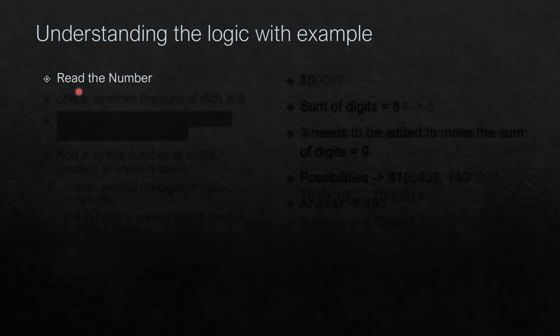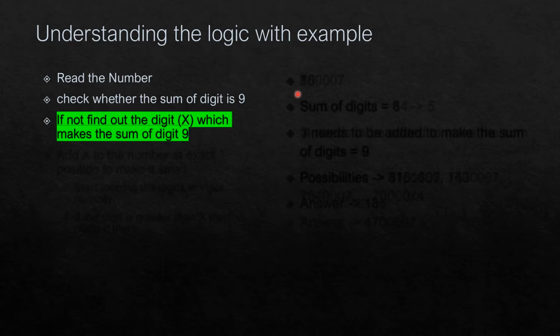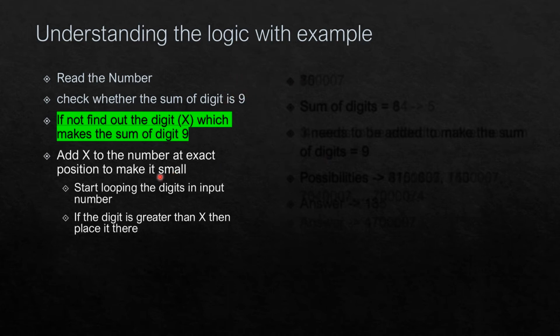So first read the number and check whether the sum of digits in that number is equal to 9 or a multiple of 9. Then if it is not 9, find out what digit you need to add so that the sum of digits becomes 9. For that you just have to subtract whatever sum you found from 9, so that you get the answer here. Let it be x, and that particular digit we have to place